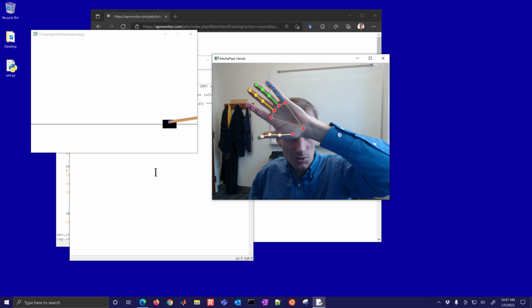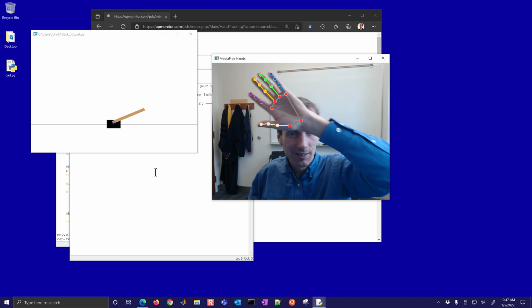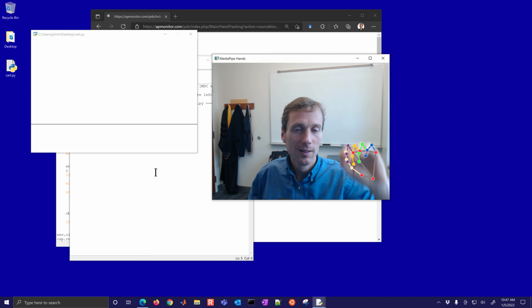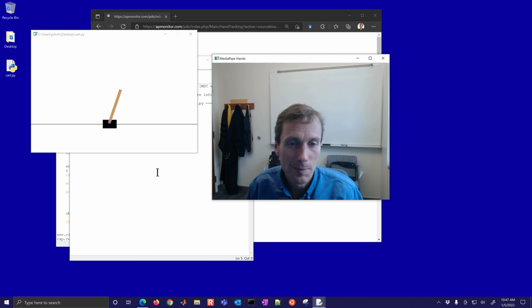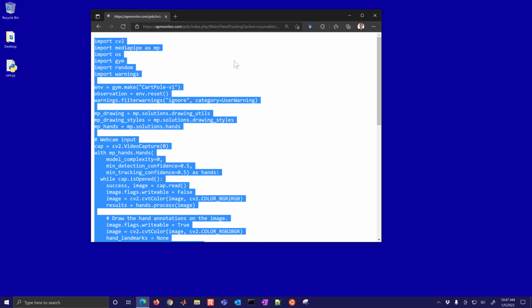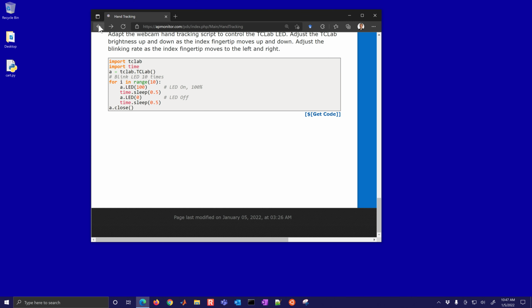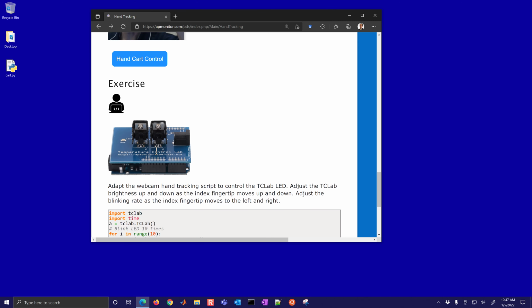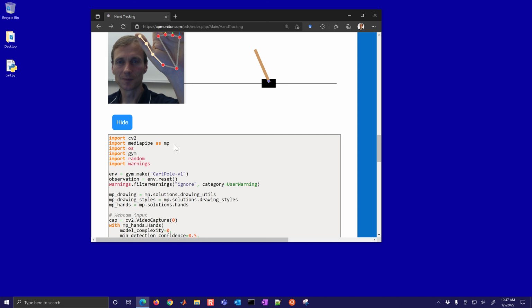Okay, so maybe just use one hand instead of both of them. Okay, so that's the demonstration here. Now the challenge problem, I'm going to hit Control C here on that just to stop it. And the challenge here is now to adapt this hand cart control, where we were able to control this cart